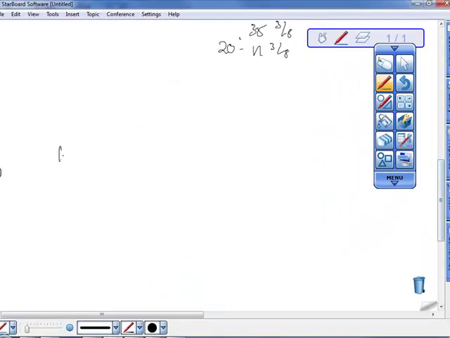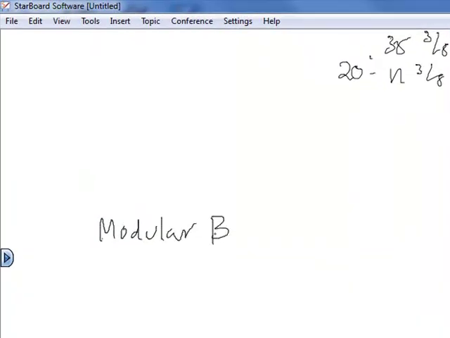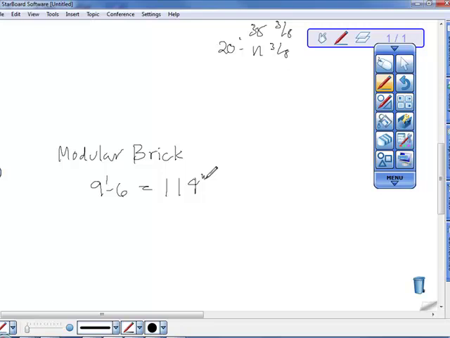Okay, so I'm going to do the modular brick one for you. And you want a 9'6" ceiling. And what was it, 2¼ inches? So 9'6" times 12 is what? 114, which is 9 feet times 12 plus 6. So that's 114 inches. So our modular size is 2¼ inches high. And then, make sure I don't forget anything. So if one course of brick is,